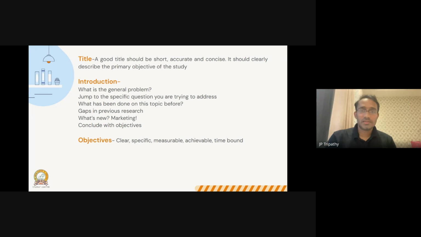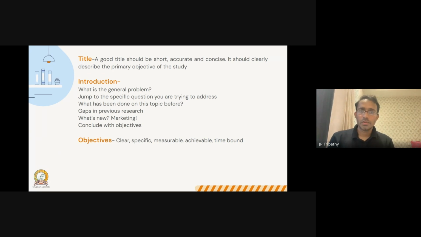And then once you know that something is new in this, you conclude your introduction with the objectives: okay, this is what I'm trying to do because this is something new. In ICMR STS, you need not come up with a very new question which somebody has not done ever. So again, I want to stress that novelty is not an essential requisite for ICMR STS. They're not looking for a novel question, especially from young MBBS students. They are actually looking for a clear research question. So be clear in what you are doing, and your objective should be clear and very specific.